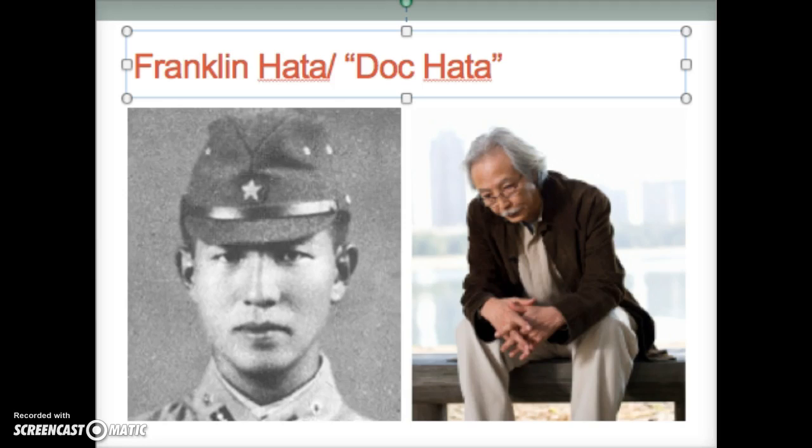So Doc Hatta is our narrator, and as a narrator, he is what we would call unreliable. So there are things he'll say in his narration that we start to question, and he'll eventually reveal himself to be somewhat duplicitous or deceptive or a liar, pretty much, right? So certain things he'll keep hidden or lie about to his family and friends. And we see that even in chapter 1, where he pretends that his daughter Sunny has gone back to Japan